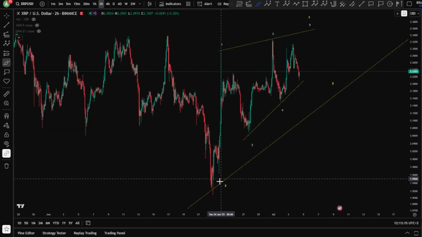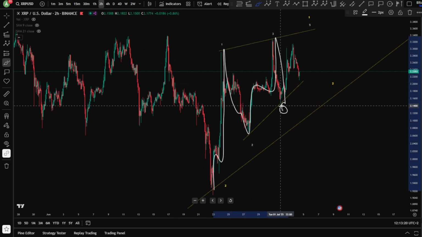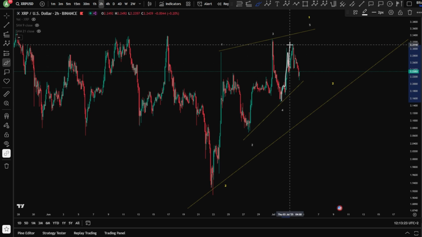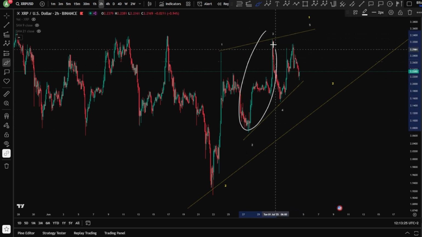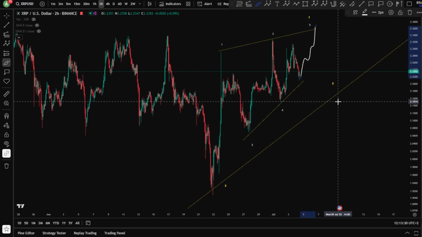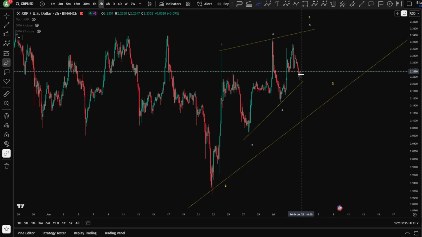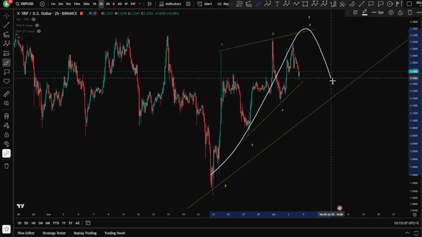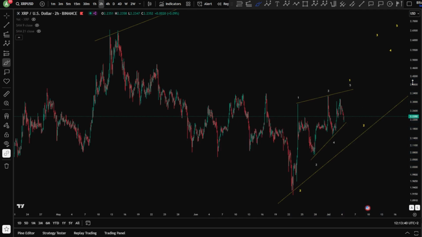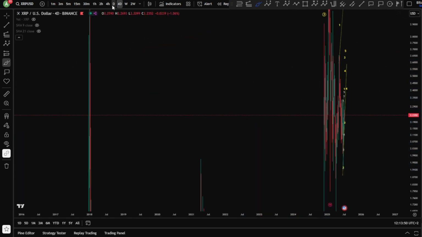Let's move inside it here. On the 2 hours chart, as you can see, of course, we have a zigzag correction for a wave 4. Currently, you see a perfect impulse, which is, of course, something different than the other waves 1 and 3. And that means, of course, currently we're looking for higher prices as an ABC for XRP, for a wave 5 to be finished in a diagonal wave 1, 2, and then continuation toward the upside for a wave 3. So basically, I would say the things are tending here to be much more in a diagonal toward the upside, and tending to be, of course, in a finished